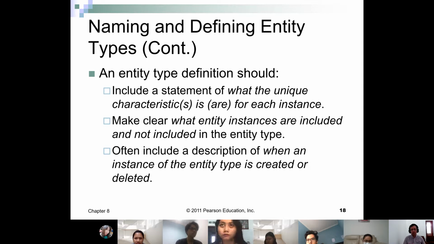For example, what is a student? What if a student enrolls in an undergraduate program, graduates, and then enrolls in a postgraduate program? What happens with that? What if a student moves to another program in the middle of their academic year? Things like that. Okay.